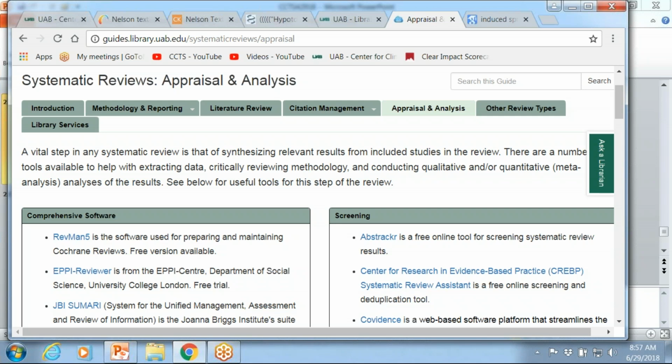But not only that, and it may sound trivial, but it is absolutely not. They will export all the references to an EndNote library in the format that we need, which makes things much, much easier and really helps our efficiency with getting stuff written up. I cannot tell you how many times I've had to help somebody learn how to download an EndNote reference and then drop it into the paper. So if you don't know how to do that, Kay and her team can walk you through it.